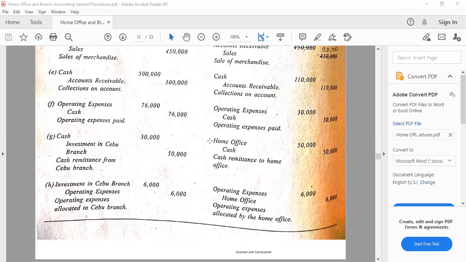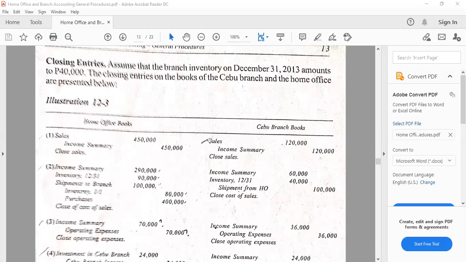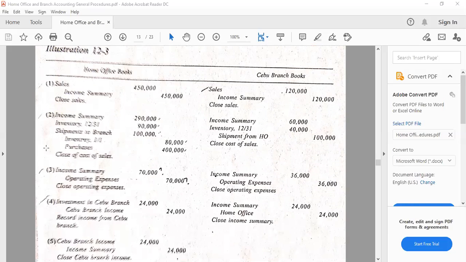And just like in accounting one, there are situations wherein it is easier to determine one side, like the debit or the credit, and you partner that with a reciprocal account or any appropriate account available or applicable, of course. Then closing entries, so similar steps from accounting one. We close income here. We close the cost of sales accounts. We close the operating expense accounts. We close the balance of the income summary.